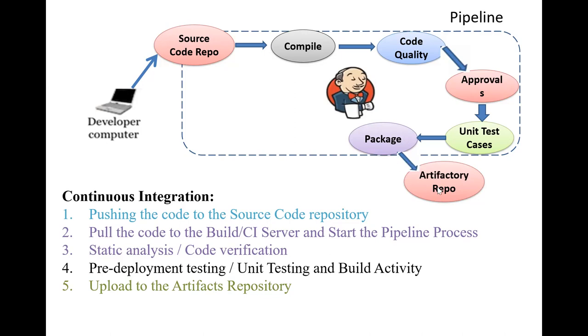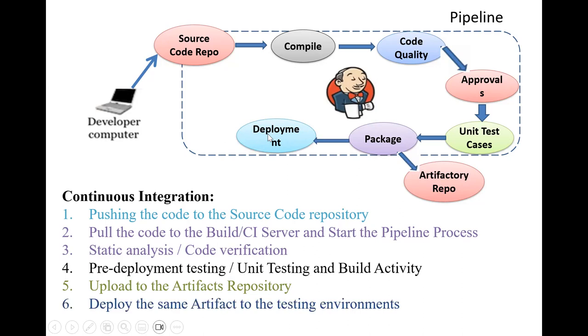So once the packaging has been done, this packaged file will be taken and deployed to the servers. Deployment. So this one we can say is post-deployment also. This is pre-deployment. Before that, all these steps we had done were pre-deployment, pre-packaging. Before doing the packaging, we were doing all these steps. Now, once all these steps are okay, we convert into a binary file or executable file, and these executable files will be taken and deployed to the server.